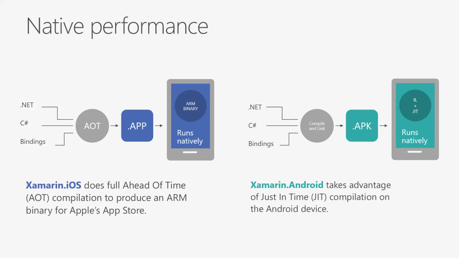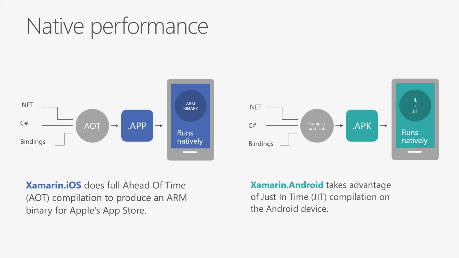Everything is compiled to what the native app would look like and should be, and it's compiled in the right way. So for example, for iOS, it's compiled all ahead of time, which is how iOS likes to do things. And for Android, it's run just in time. You can also choose to compile it ahead of time with our tools if you want. So the performance is actually not different from what you would get writing it any other way, which is cool.